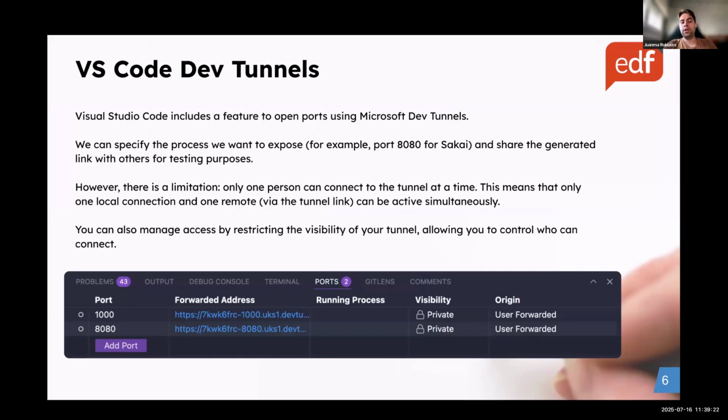So we can tell VS Code to open this port, and VS Code will offer an address that anyone can access, and they can, for example, test a functionality, or whatever they want.